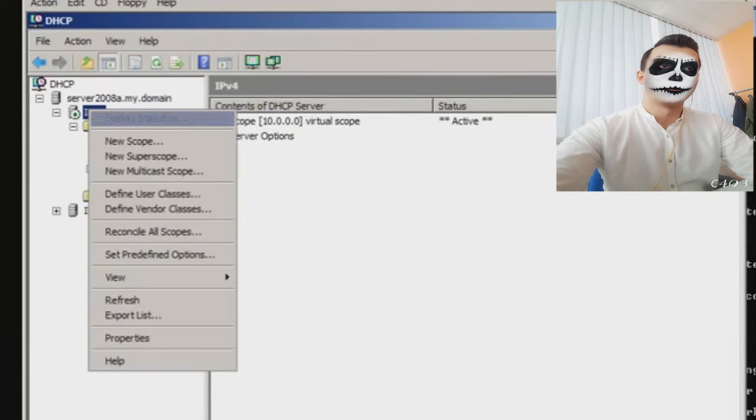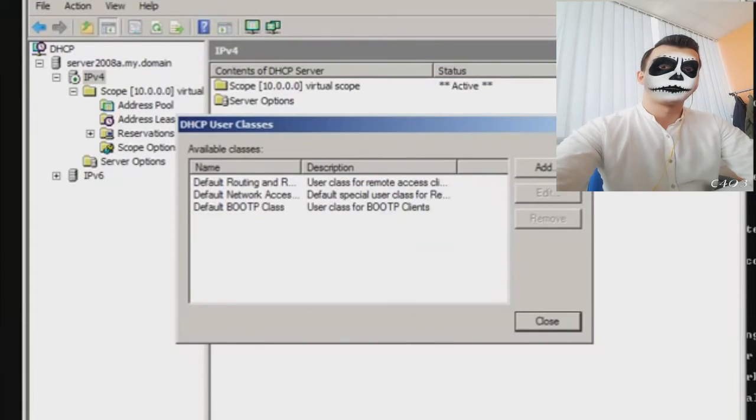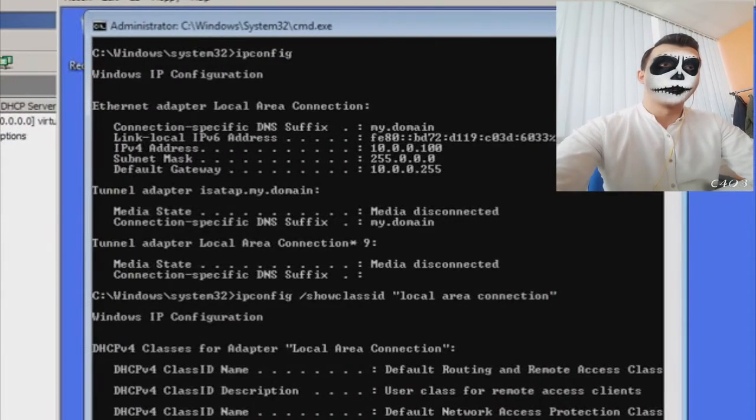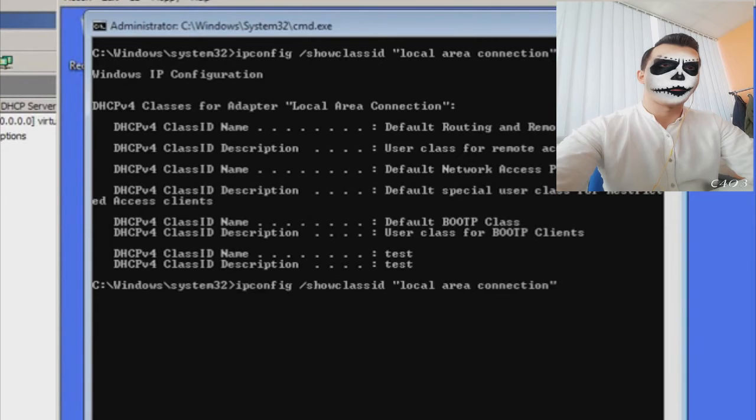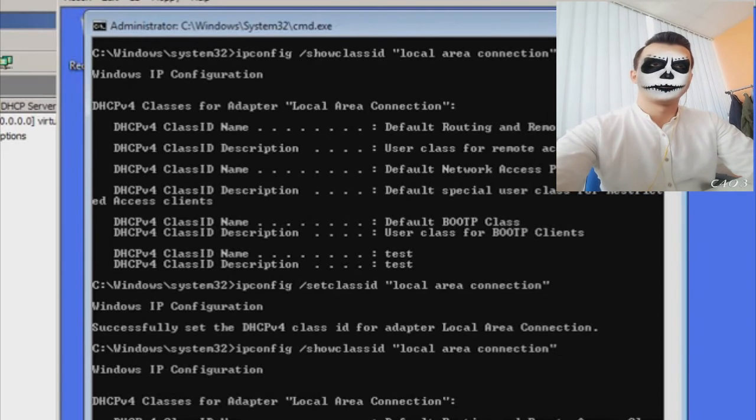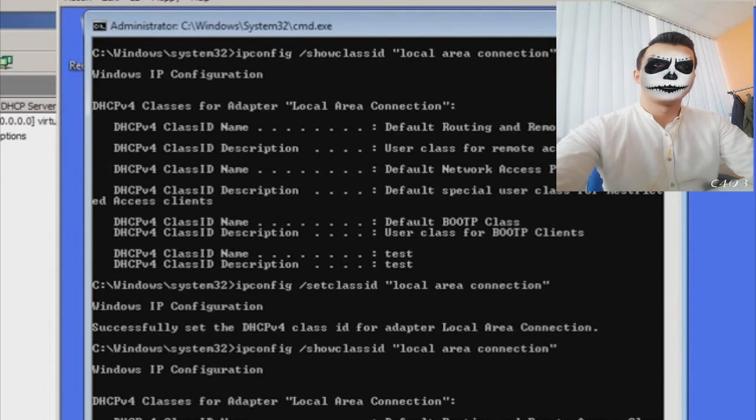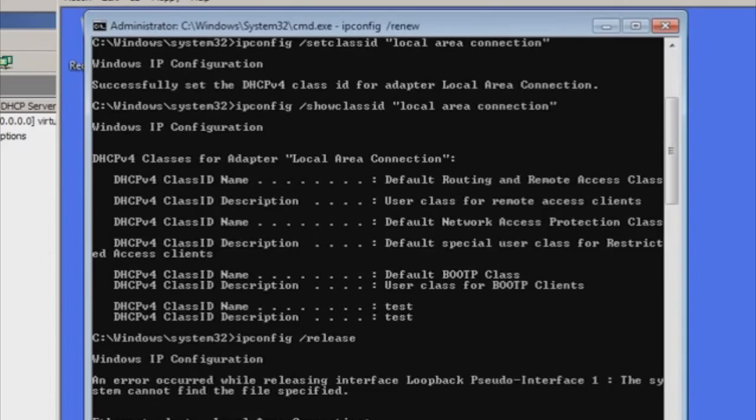So now I need to do ipconfig, and you can see now my default gateway is 10.0.0.68. Sometimes you'll have to do that class ID again. Actually, I can just hit the up arrow and then take that test off. It should set it back to blank. Yeah, it shows my default gateway is 10.0.0.255, and I can do ipconfig